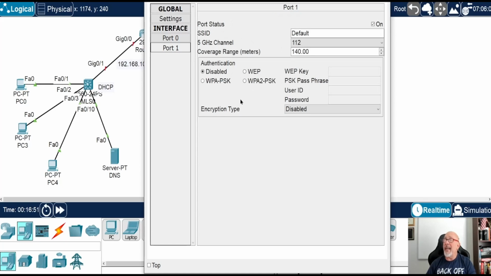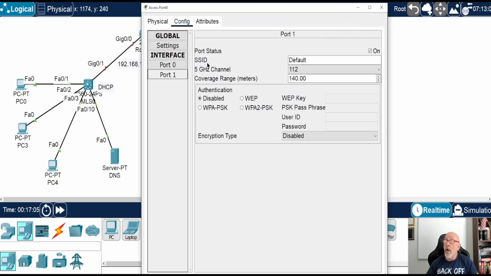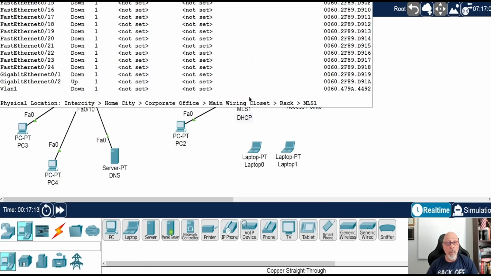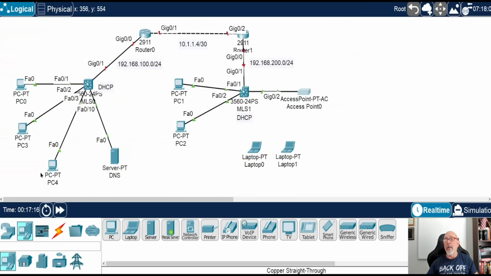Now, the thing with APs, we'll click on it, and we go to port 1. There is no DHCP. We'll be changing the defaults and all that good stuff, and we'll have some security in there, like pre-shared key, WPA2. And we'll change obviously the SSID. But there is no DHCP. So the DHCP for these laptops to get an IP address will be coming from the switch. Cool. So that's what we're going to do.